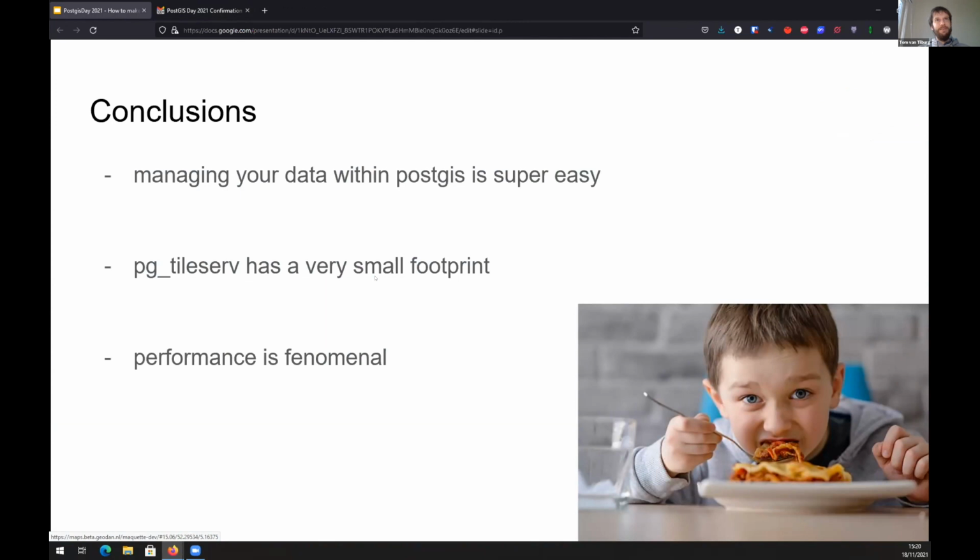Managing your data within PostGIS like this is super easy because you can transform it at any moment you like. As soon as you pull in new data, you just run a couple of functions over it, and you have your base layer ready. pg_tileserv has a very small footprint, which is exactly what we hoped for, which saves us in deployment. And performance, as you saw, is phenomenal. It goes, and I wrote phenomenal with the Dutch FIC,